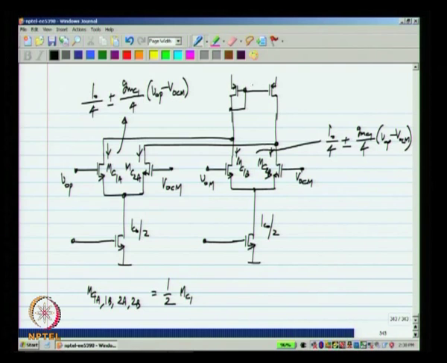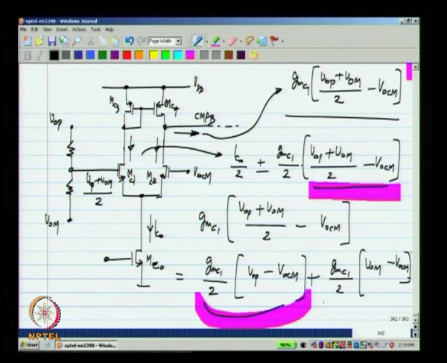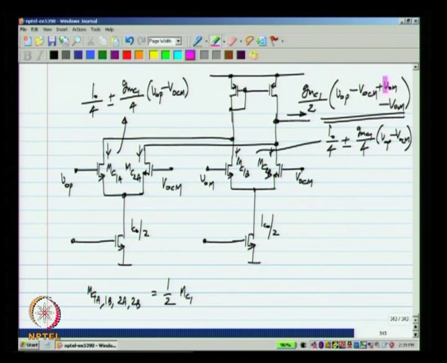And we mirror this current as usual to remove the bias component, and if you calculate the total current that tends to flow out of this, if there is a load capacitance or a voltage source, the bias current sources will cancel out, and we will have GMC1 by 2 (VOP minus VOCM plus VOM minus VOCM). Okay. This is exactly the current that we had earlier. We had this plus that one, which gives you the same expression as this.